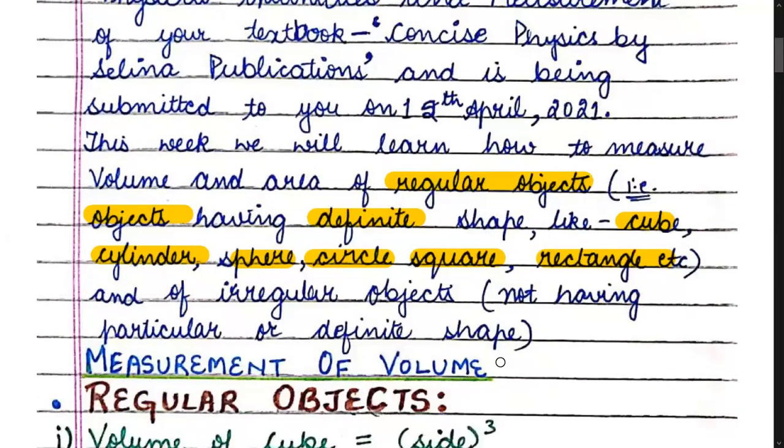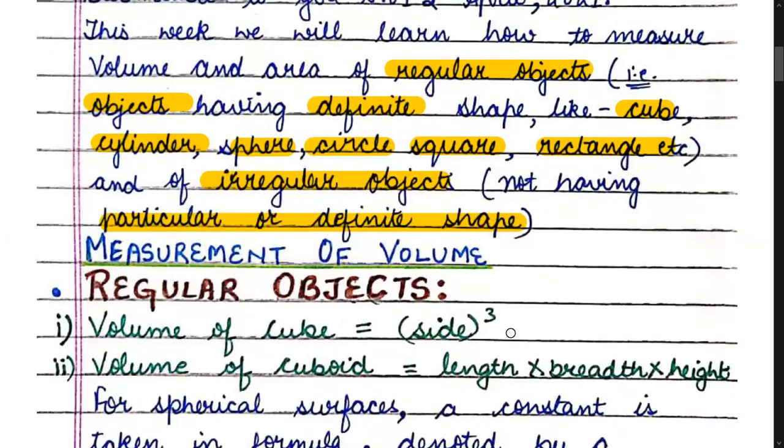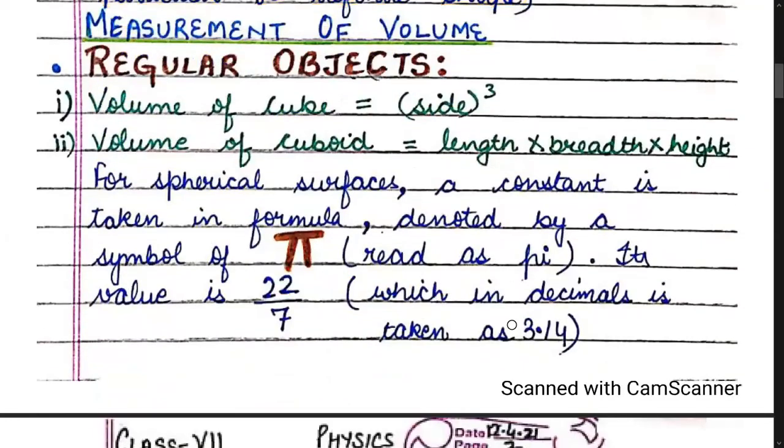We will also study volume and area of irregular objects, the objects which do not have any particular or definite shape. For example, a stone, a leaf, etc. Now children, let us learn about measurement of volume